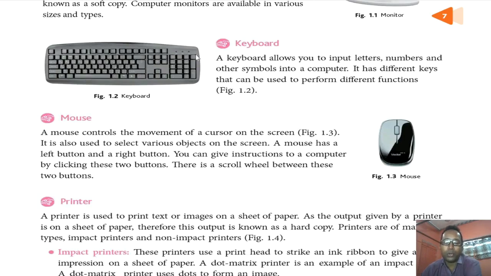At the right hand side of your keyboard, you will find one pad containing all the digits from 0 to 9 and a few arithmetic operators: plus, minus, star, slash, and enter. These are used for entering numbers and doing some calculation on them. Here you will find some arrow keys: left arrow key, right arrow key, up arrow key, down arrow key, home, end, page up, page down. These keys are used to move the cursor in a file from one place to another, so they are called navigation keys.